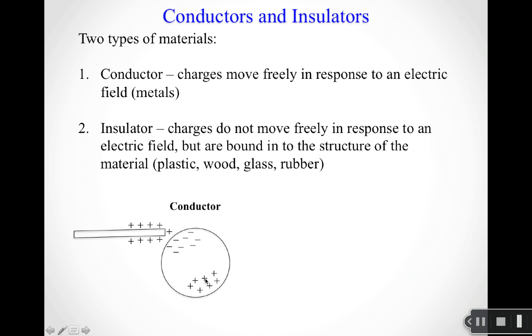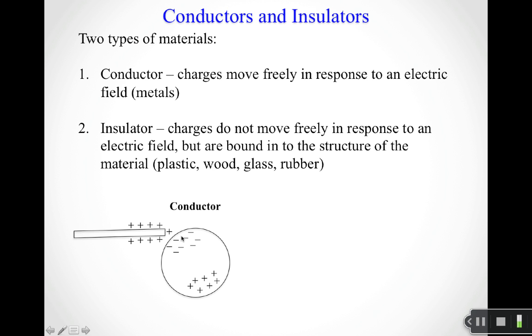And so the picture that goes with this is that let's say I happen to have this charged rod. And so what it does is it's got some positive charge on the end of it. A conductor basically has what are known as free electrons. And those free electrons are effectively able to skip from atom to atom within the structure of the metal so that they can come over, right? They sort of feel the attractive presence of this positively charged rod. And so you have free electrons from over here that come over,